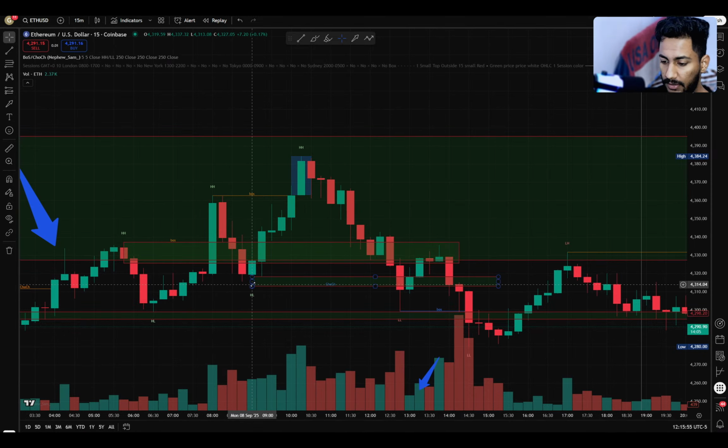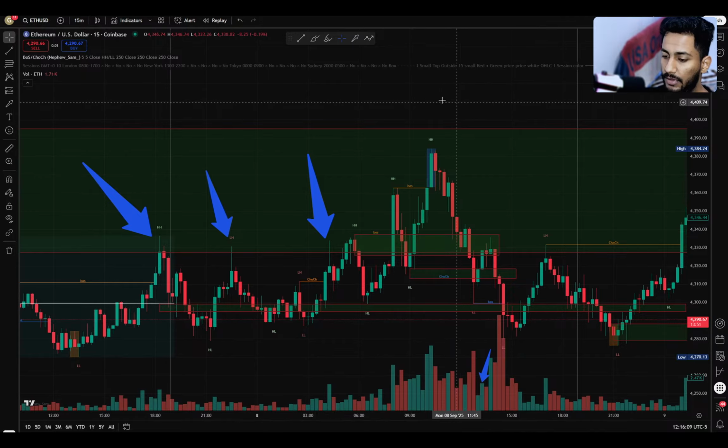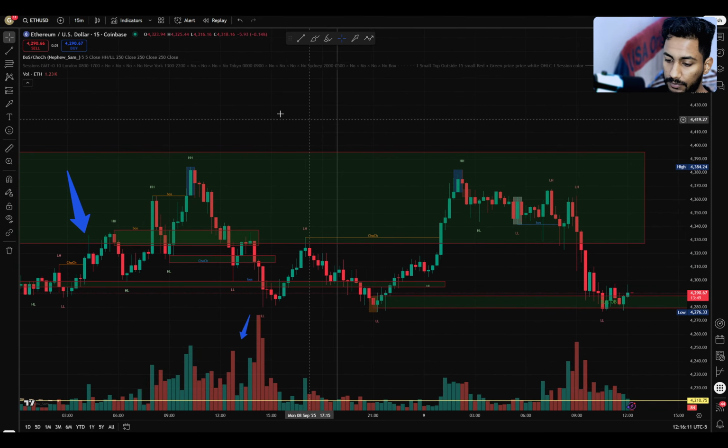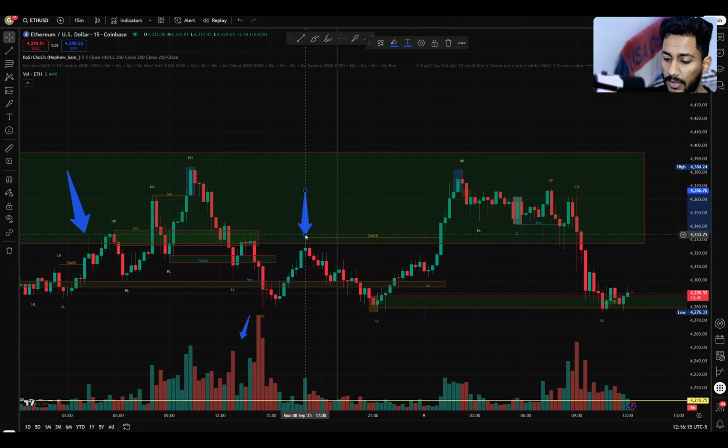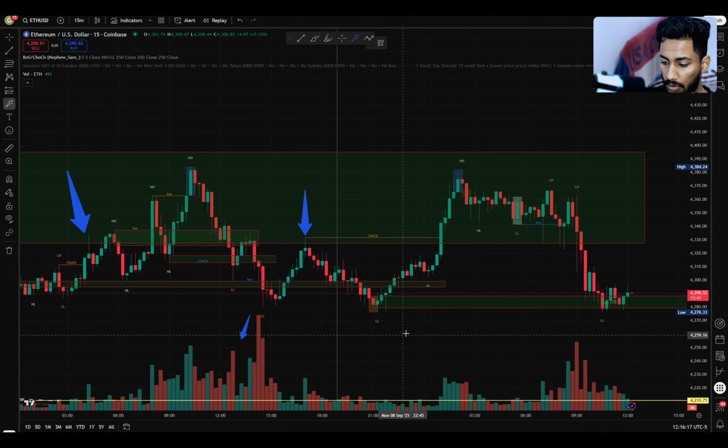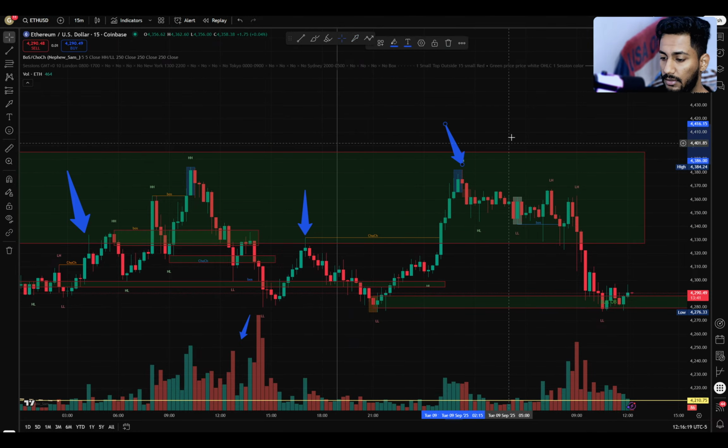Then price again took resistance from the order block and then formed a new high with a good candle, but again rejected. So it means a fair value gap is still here. Again rejected, again consolidated to the zone and respected our fair value gap low. Again, it reacted down from the fair value gap.